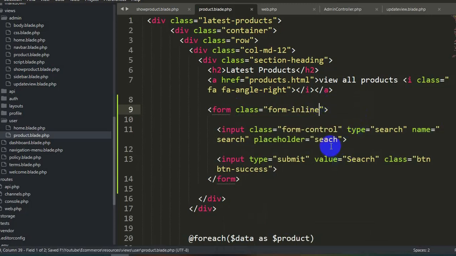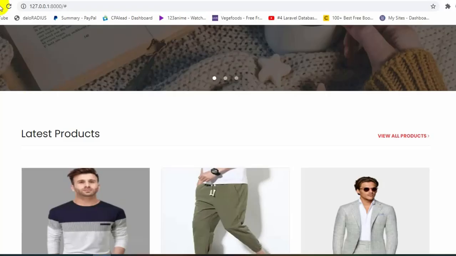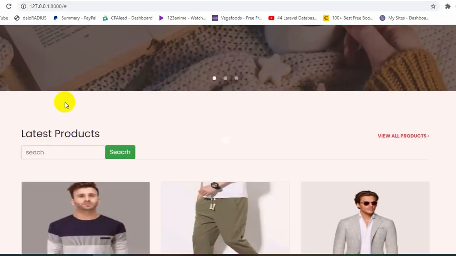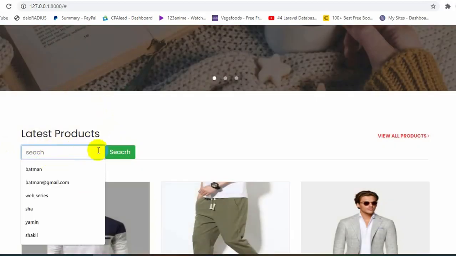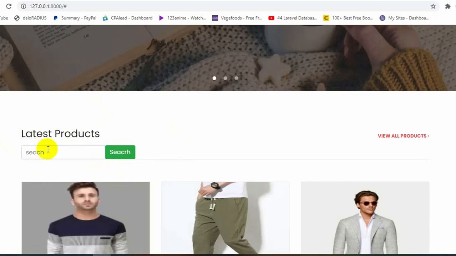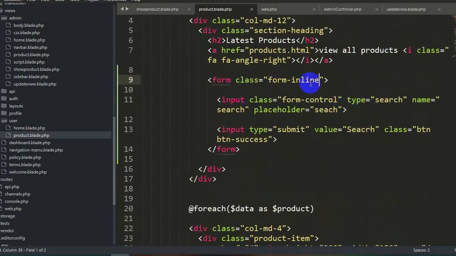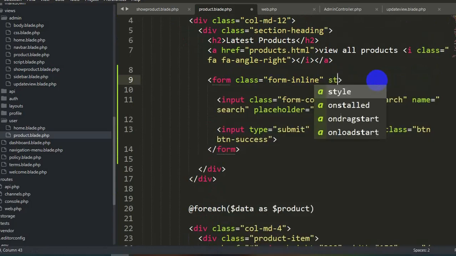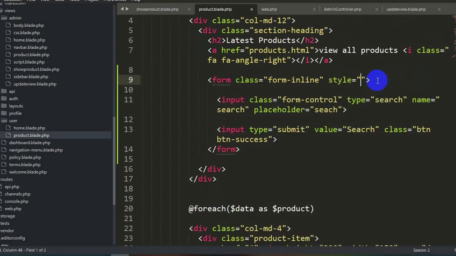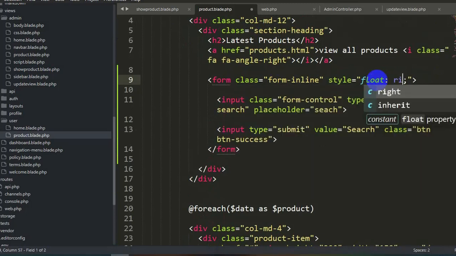And if we save it now, Control S, and if we refresh, you can see over here an input option. We will have this input option on the right side, just below this view all product. So in this form we'll add a style, and inside this style we'll say float right.